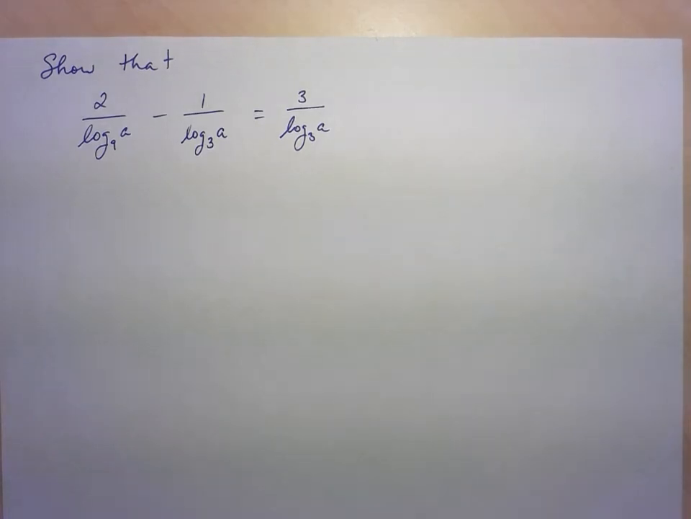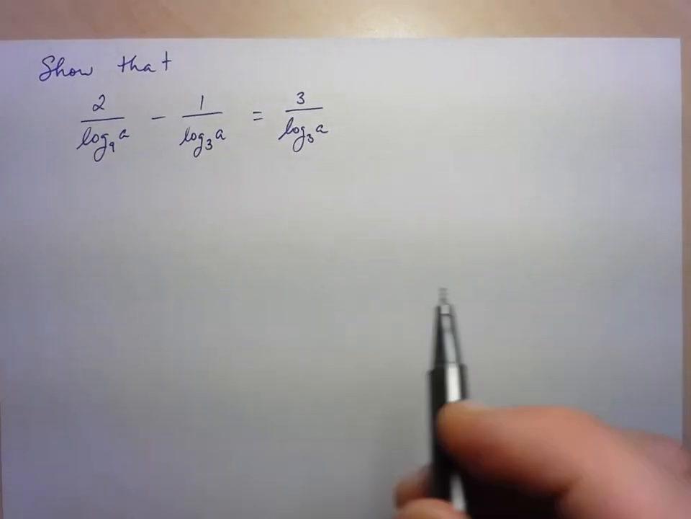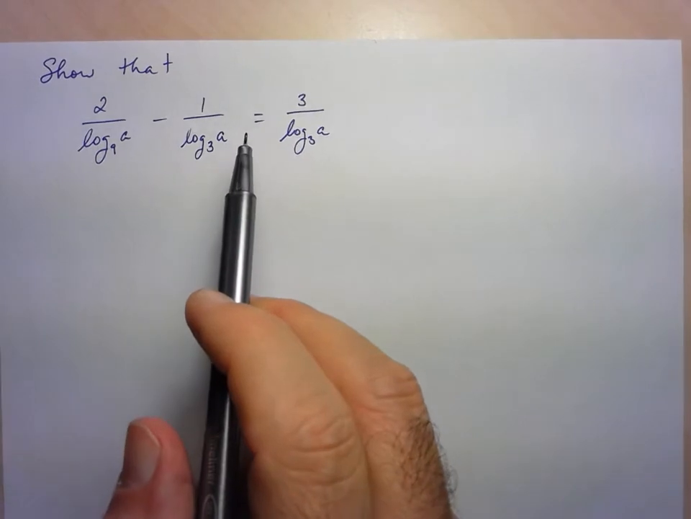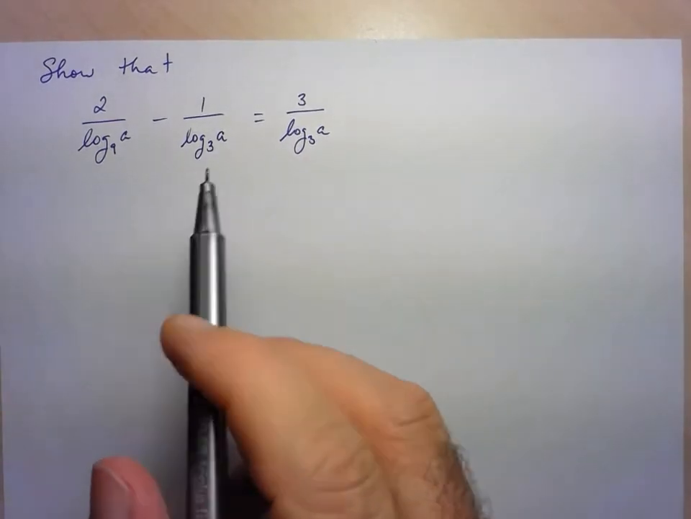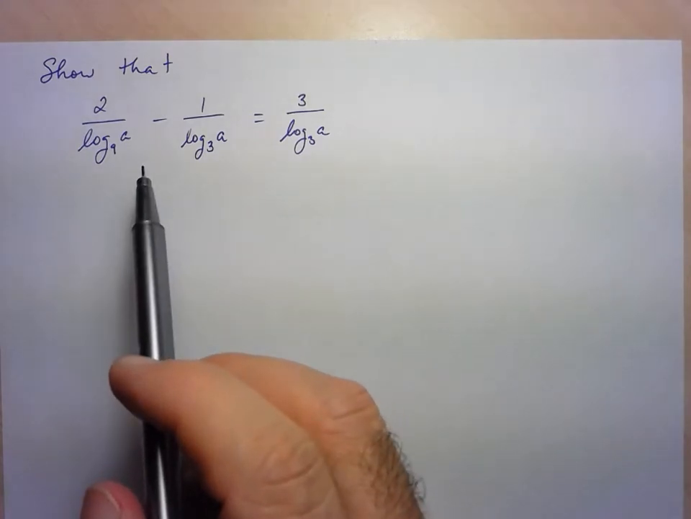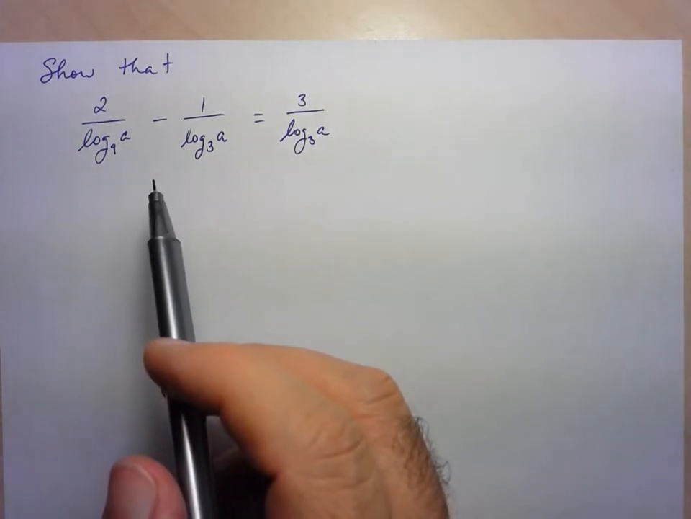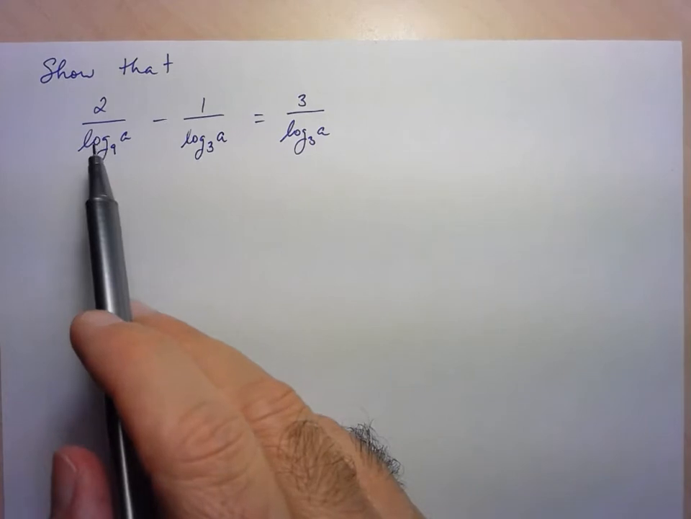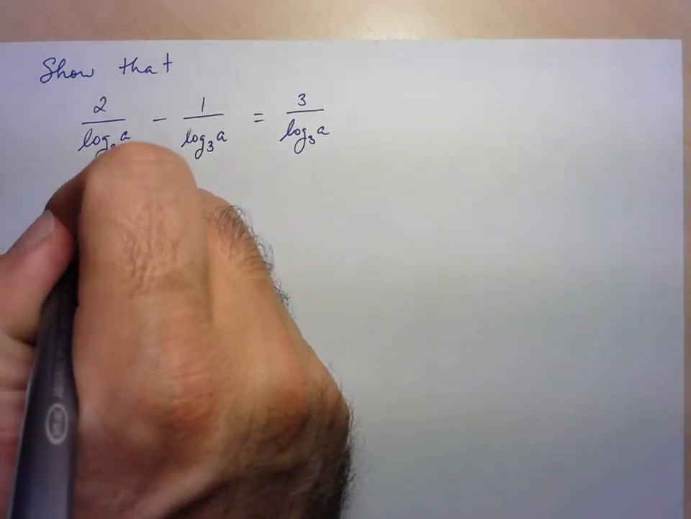Hi folks, we're going to take a look at this question here. So they're asking us to show that this equation is true. We can't assume that it's true, so we're going to start with one side of the equation and show that it has to be equal to the other side of the equation. Okay, and I think it makes more sense to start with the left-hand side since it looks like there's more